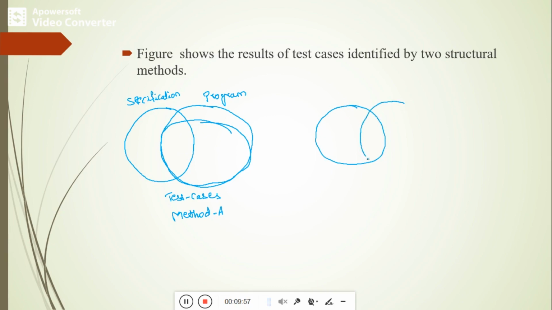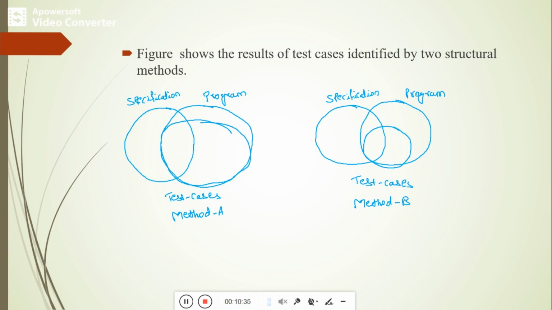Here, this is the specification, and this one is the program, and these are the test cases, and this is method B. Now you can see, compare the previous Venn diagram, the black box testing, with this one, the white box testing.